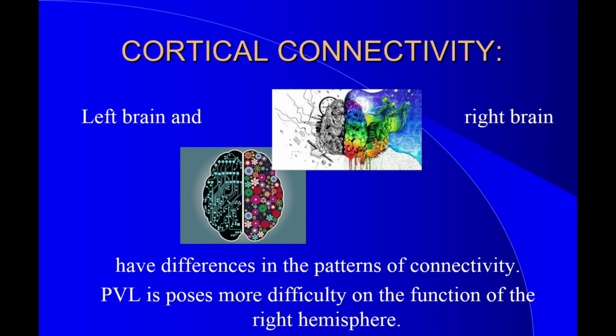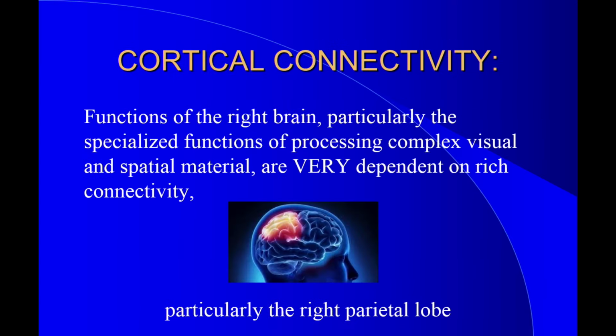And what we find is that the PVL much more profoundly injures the functional requirements of the right brain than of the left brain. So the left brain is relatively spared, the language functions, but the important functions of the right brain are particularly vulnerable. These functions of the right brain are these integrative, deductive, organizing features of the brain. They process very complex visual and spatial material, and these areas, particularly the parietal lobe highlighted in that picture, are extremely dependent on the white matter. In fact, they're defined by white matter, essentially.